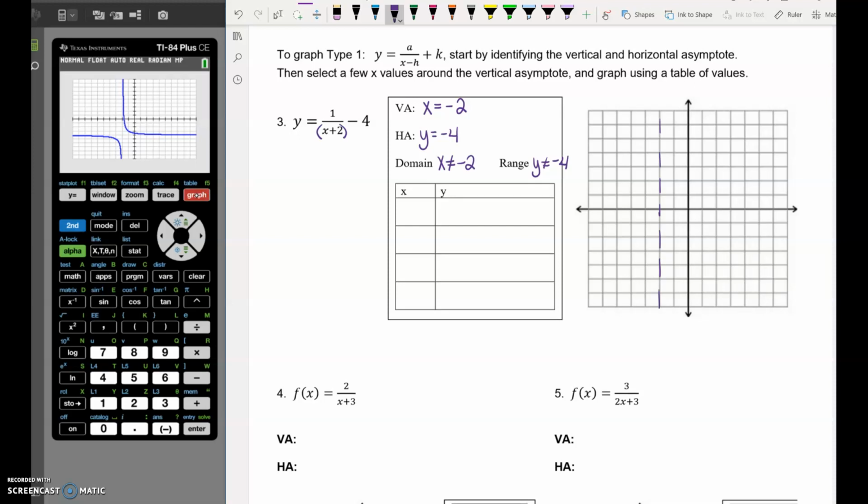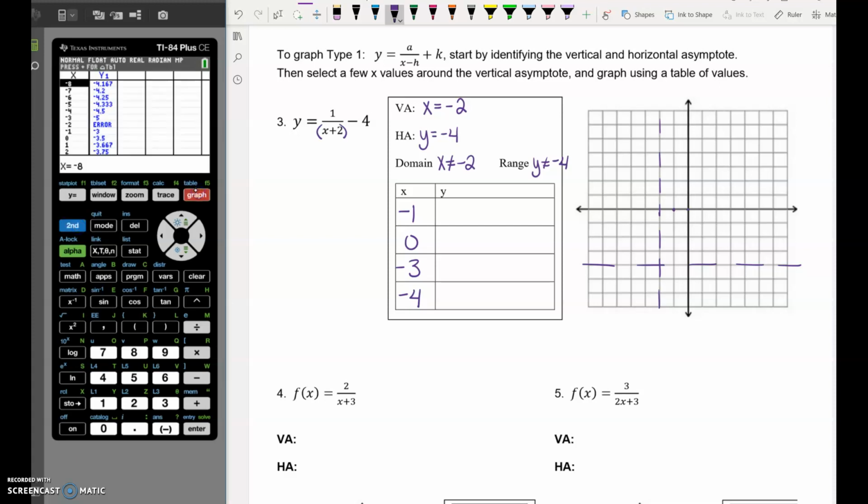And for your horizontal asymptote at -4, put in a dashed line. Okay, we are going to pick some x values directly around this vertical asymptote. So our vertical asymptote is at -2. I want -1 and 0. I want right here and right here. I also want -3 and -4. So 2 x values on either side of that vertical asymptote, and then use your graphing calculator to figure out